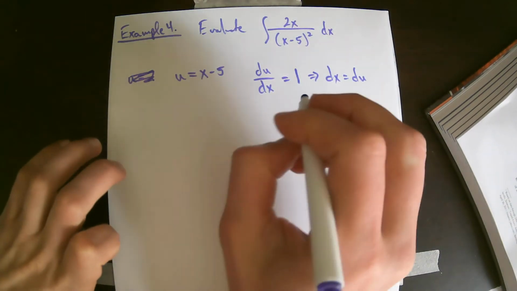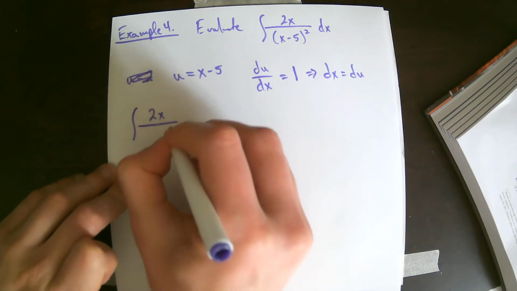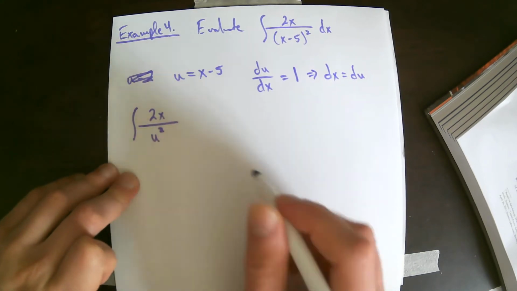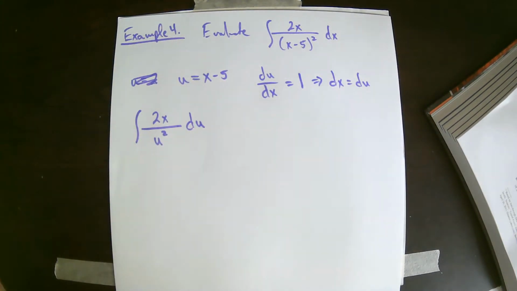Okay, then making my substitutions, I'm going to have 2x over u to the second power, and then dx just turns into du. But now I'm in a situation where